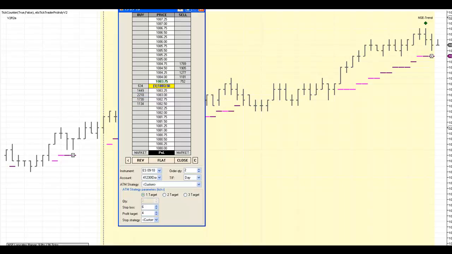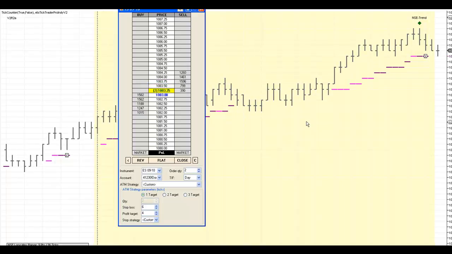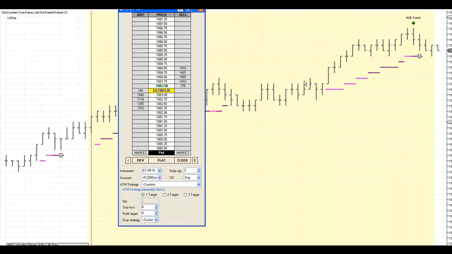So the pullback trade canceled. Okay, so we had a good trade. It was a one and done. We just were not filled live, so we've got to find another trade. We're just going to pause the video again. Maybe we'll wait till we come out of no zone and try to catch the first NSE out of no zone. I like to be done trading within the first 20-30 minutes, so I don't know that I'm going to wait to come out of no zone because I don't know when that's going to happen. So let's pause the video and we'll come back when a trading opportunity presents itself.